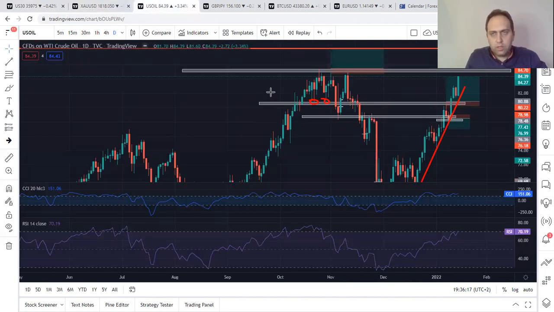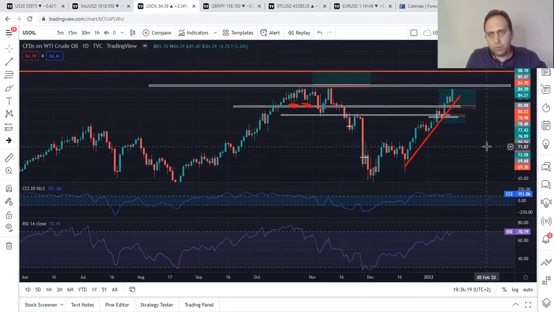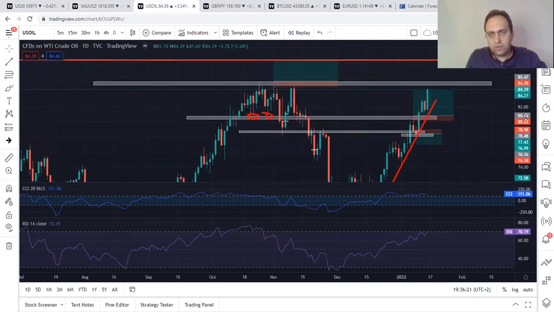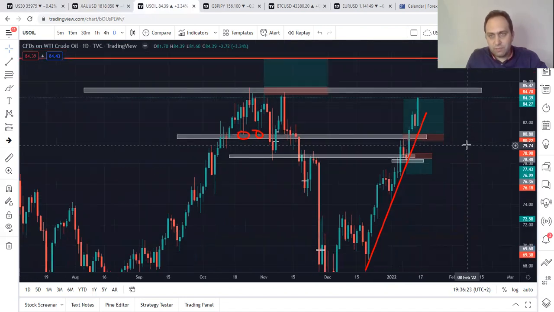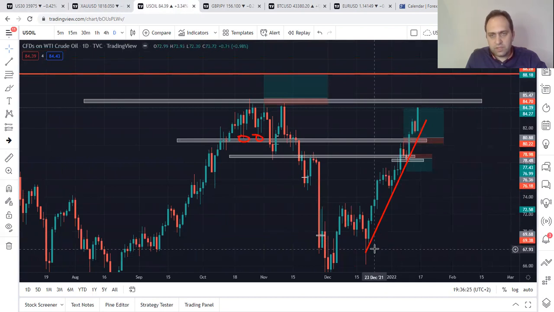Okay, so then we go to oil. Oil, it was super wow. We hit take profit 4 on Friday night. Imagine what a move. This is a trend line identified easily. 1, 2, 3. Also every time it's retracing and then pushing up. Here the same. We had an amazing sell.